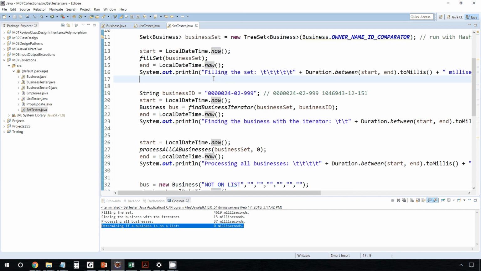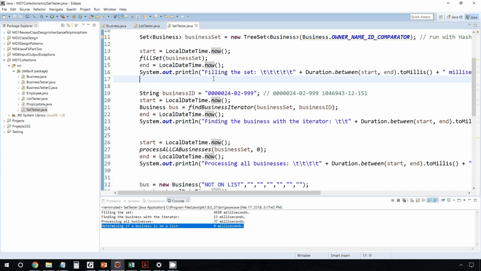So if that's what you need to do, let's say you're reading a bunch of stuff in from a database, and then let's say you're reading in a bunch of user account information, and then you have a whole list of user accounts where you're just checking, hey, are they already on my list? Set is a great thing to use, because each one of those checks